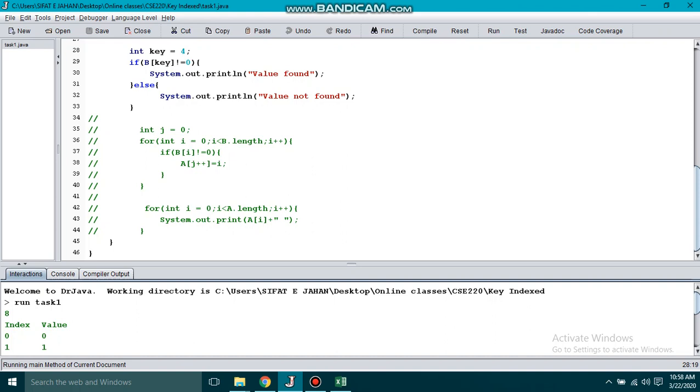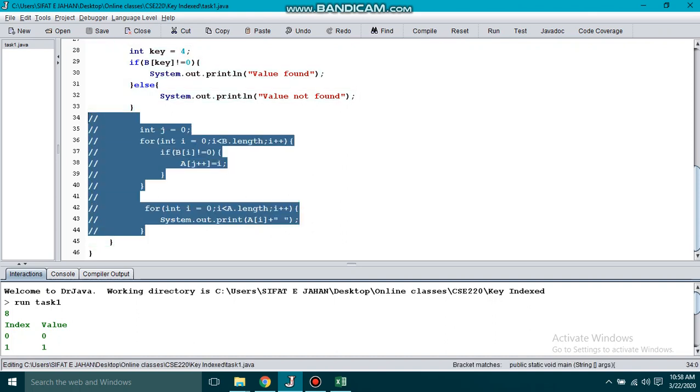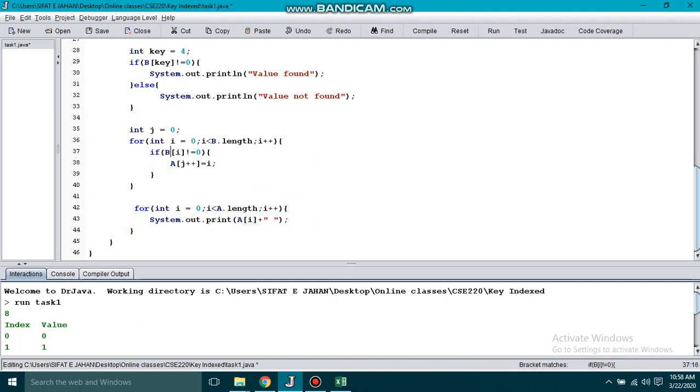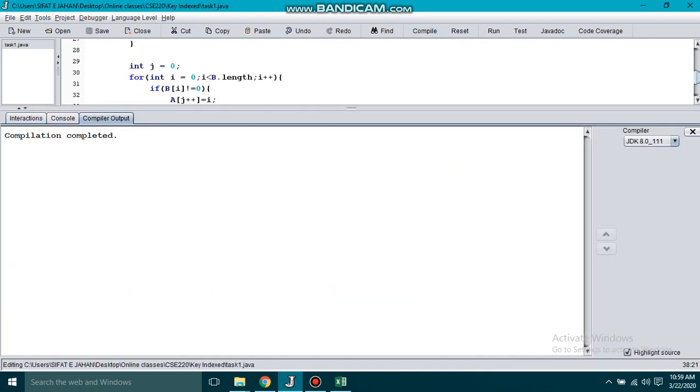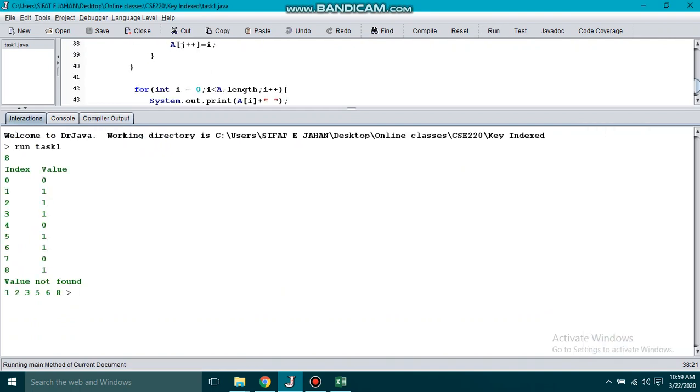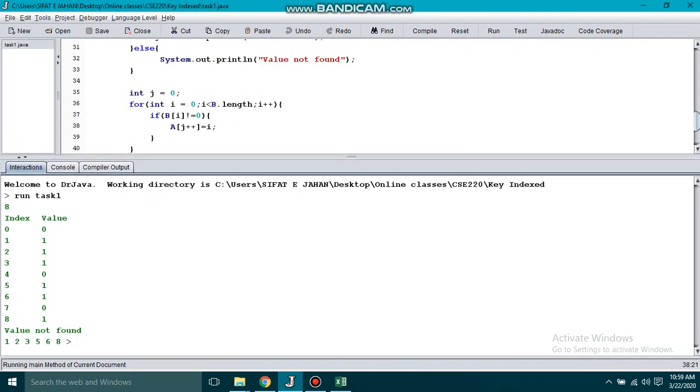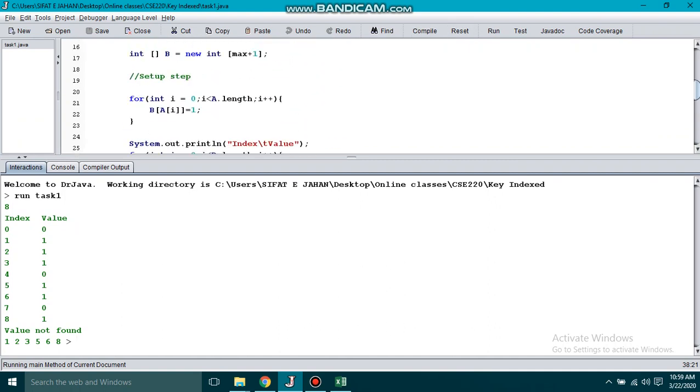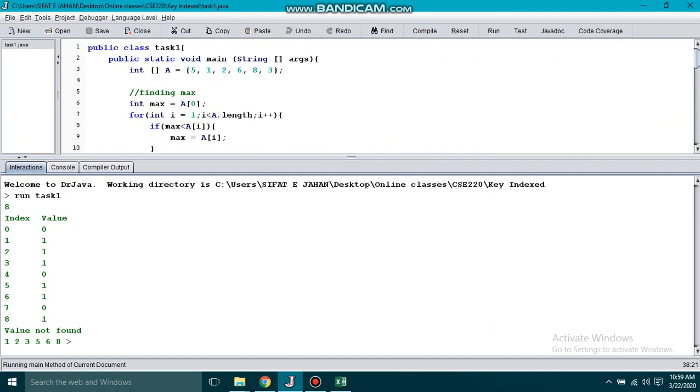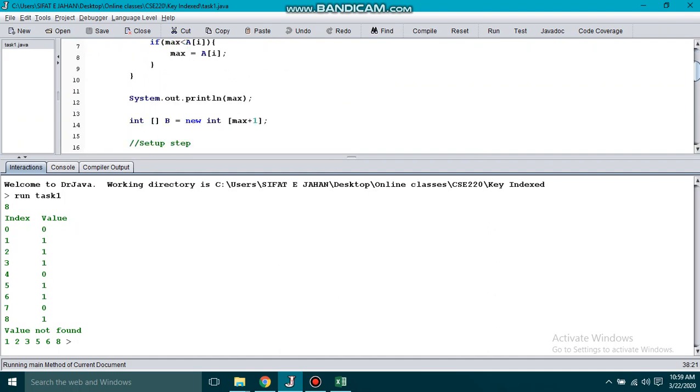So for sorting, what we do is just go through my array B, and if the entry is not 0, we replace the index in my array A with the index of B. If we print it, it's going to show me the ascending order: 1 2 3 5 6 8. The sequence was 5 1 2 6 8 3. So we get an ascending sorted order by using